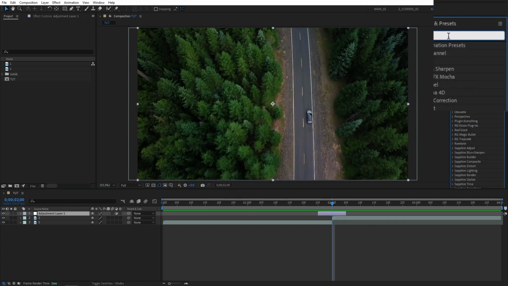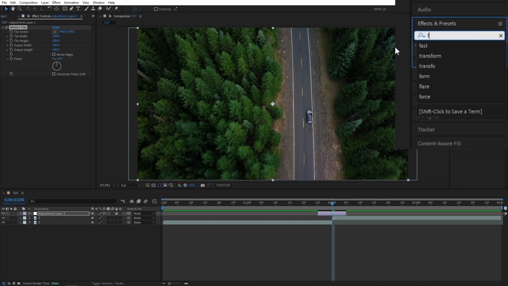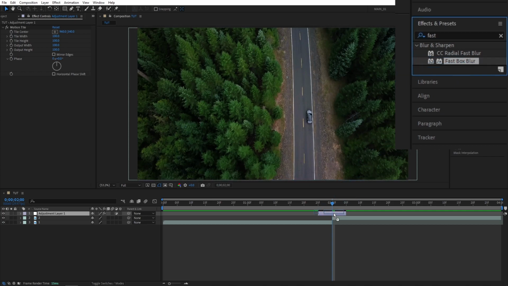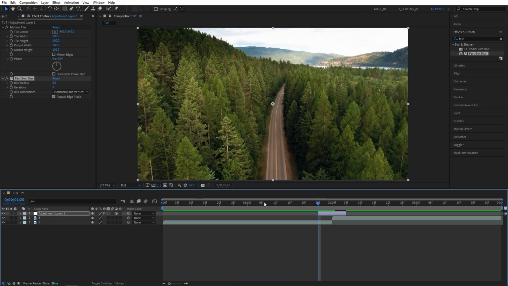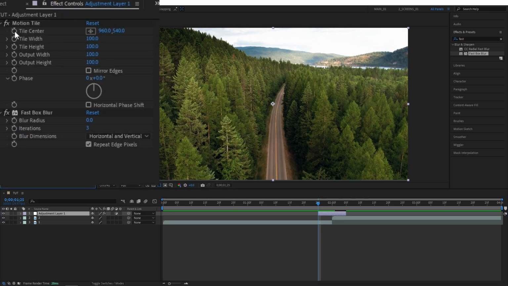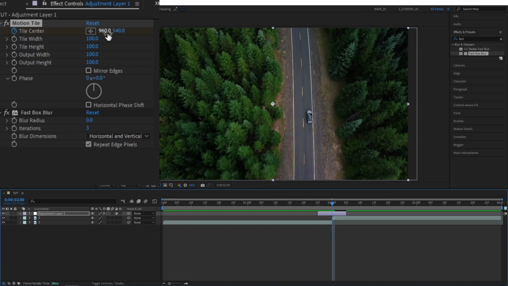Go to Effects and Presets window, search for Motion Tile, add it to the adjustment layer, then search for Fast Box Blur and also add it to the adjustment layer. Then head over to the Effect Controls, place the blue playhead at the beginning of the adjustment layer, create a keyframe for Tile Center, move forward a bit, and depending on the direction you want to go, just play around